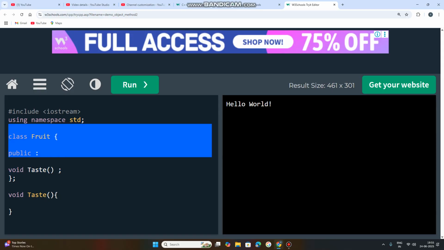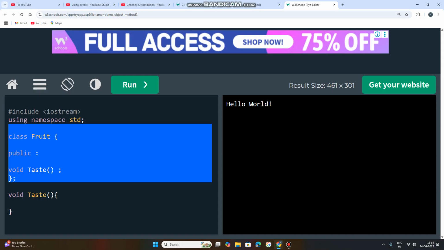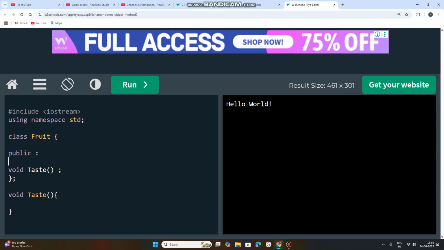This is from here to here. This is the class. Inside of the class, the method is declared. This is called declaration of the method inside of the class. Next, this is defining of the method outside of the class. So now outside of the class,